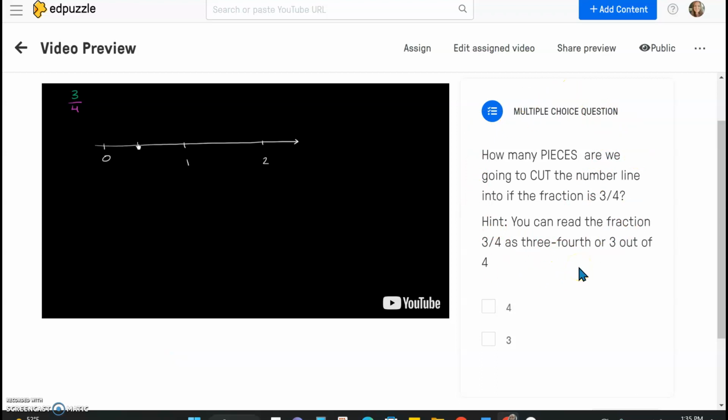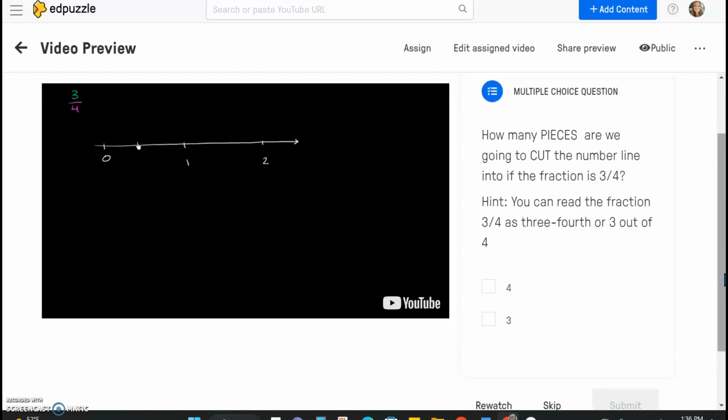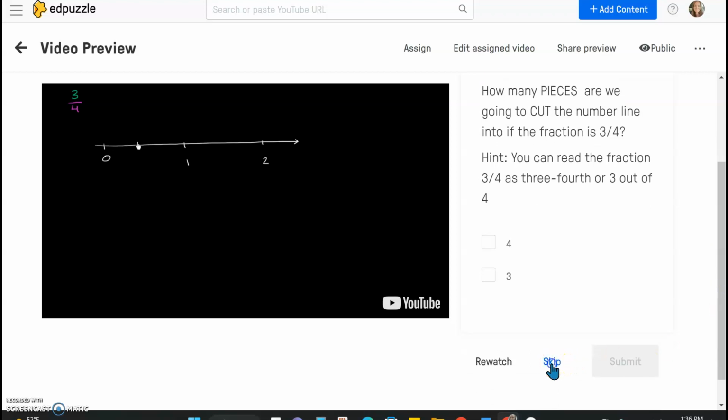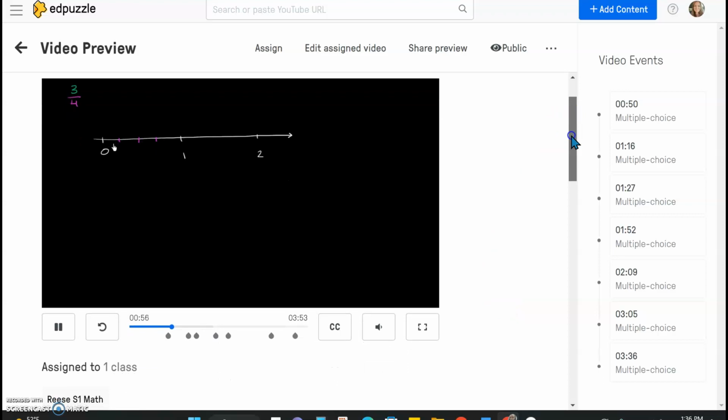One feature of Edpuzzle that I really enjoy is making sure that students do not skip through this. So as they are watching, you can select that they have to answer the multiple choice question in order to progress. So as they go through, they have to answer each of the multiple choice questions that gets embedded into